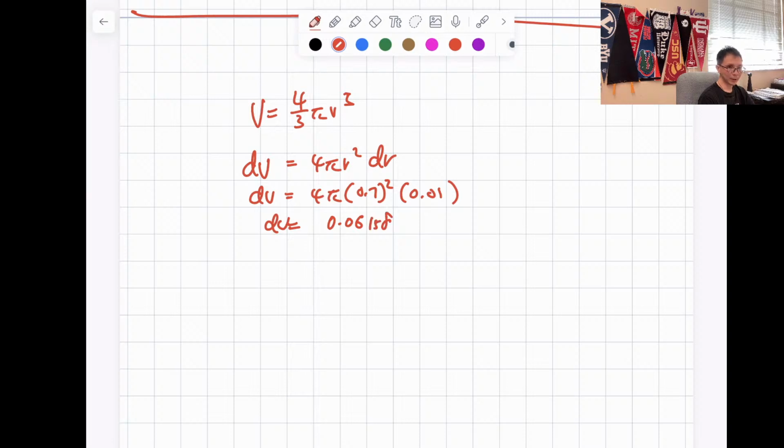0.06158 inches cubed, and there's a plus minus because you might expand a little bit or shrink a little bit depending on different temperature, or your measurement error, your technique is wrong when you measure a bearing, a roll. Or you didn't tighten the screw enough. That could be involved with everything. So that's how much the volume